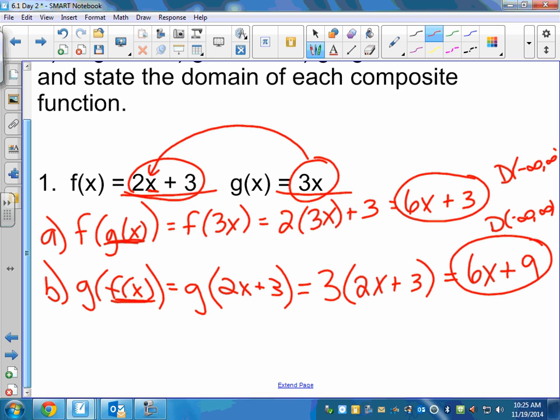If you have an x in the fraction, if you have a square root, the domain is not all real numbers, and then we have to do more work. G of g, also g is all real numbers, so if I do g of g, it's still going to be all real numbers. But it's the same idea,